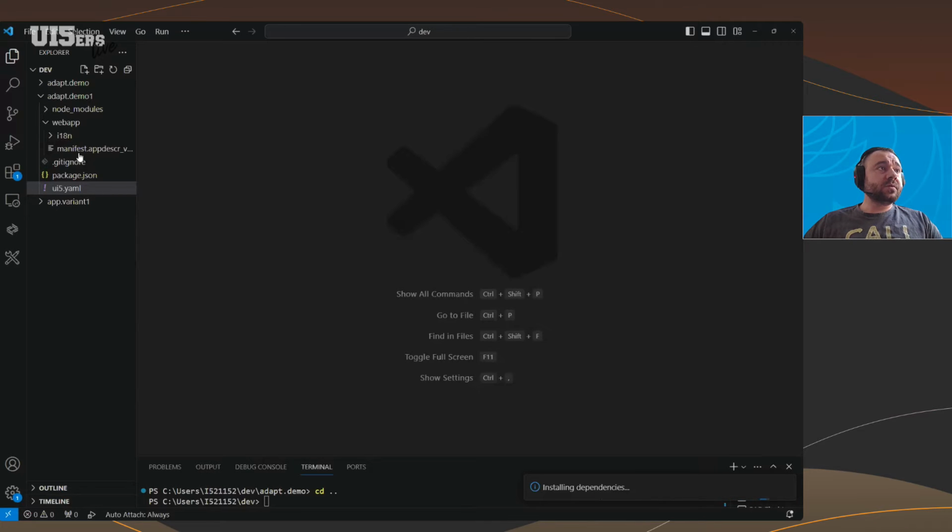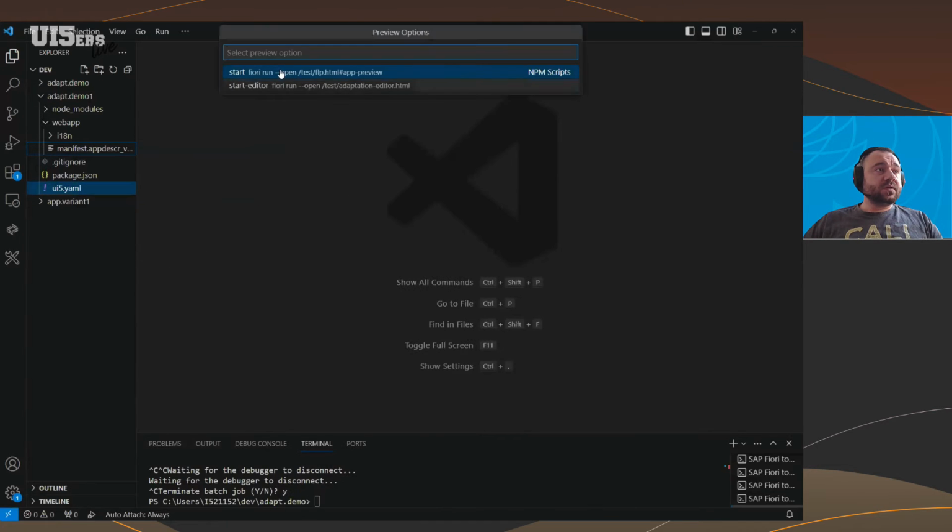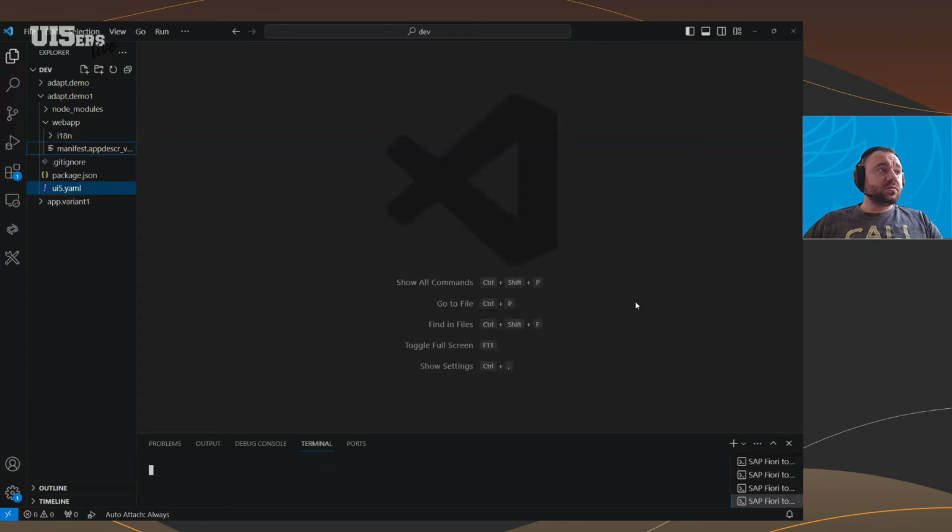And also we will be able to open the so-called adaptation editor, which will launch in another browser tab and will give us the option to create changes and add fragments and add controller extensions and all other types of nice things to